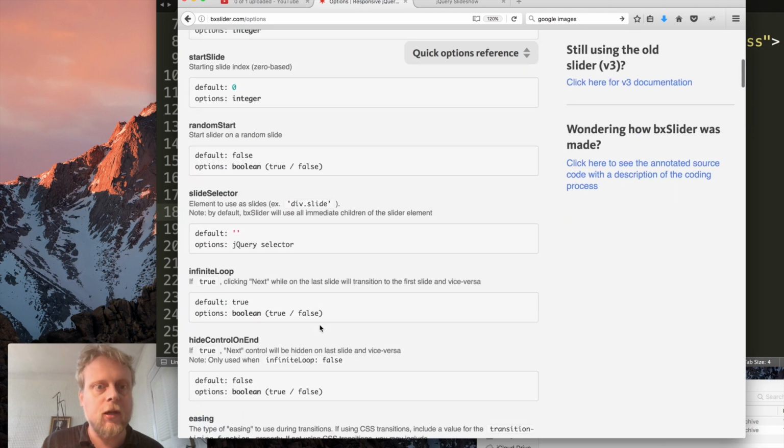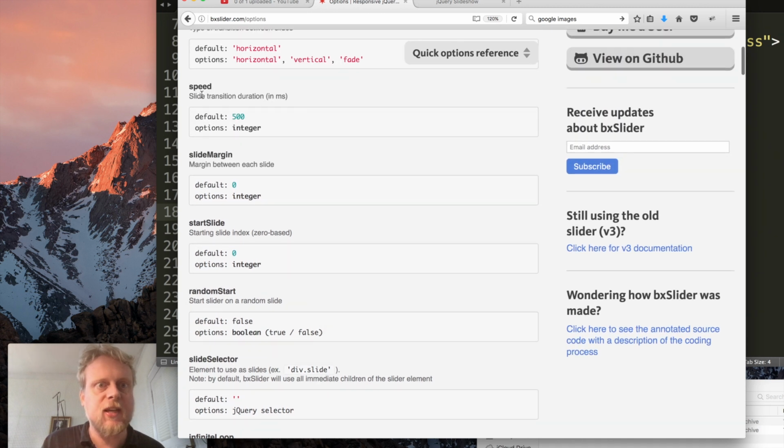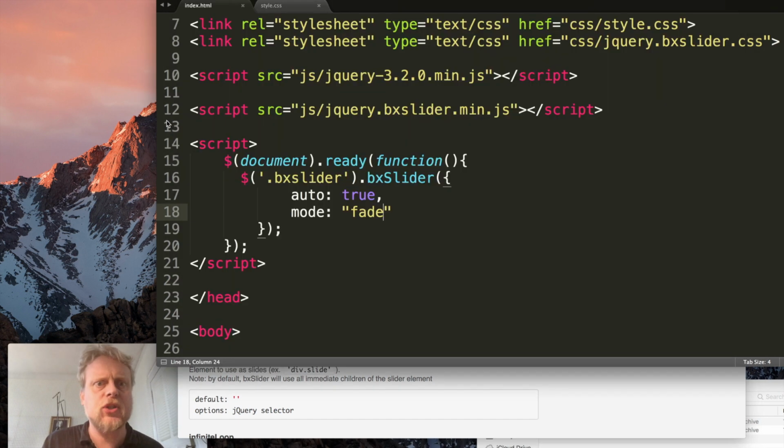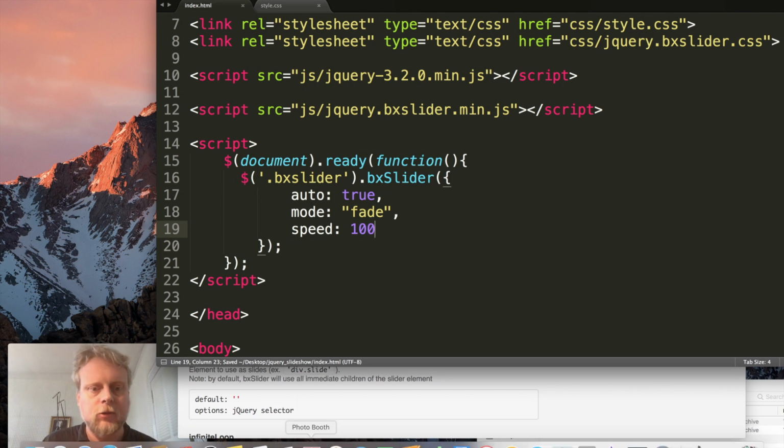slideshow plugin. I can set times, how fast, here's speed, and the default is 500. Let's change that. So I'm going to go back to my HTML and add another comma here. I'm going to go speed, and I'm going to just add, it's 500. Let's make it faster. Let's see if 100 works. Let's go 100. And then I'm going to go back to